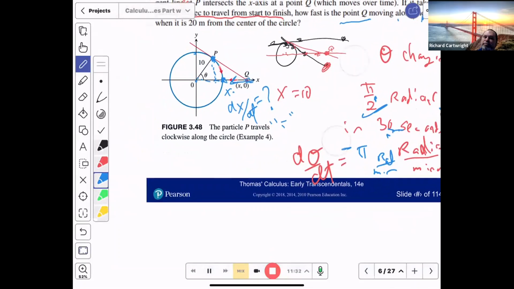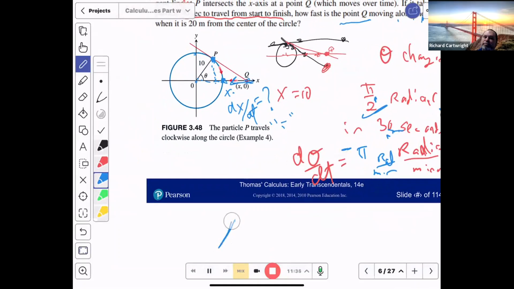So I want to stop the time and draw the picture of what it looks like. It looks like I got this little right triangle. This tangent line is on that circle. Think about that. And then there's this distance here. This is where Q is right now. And obviously it's not to the circle yet. So let me ask you, if you saw this triangle and we knew this was 10,